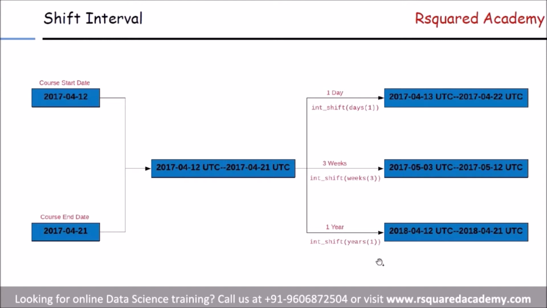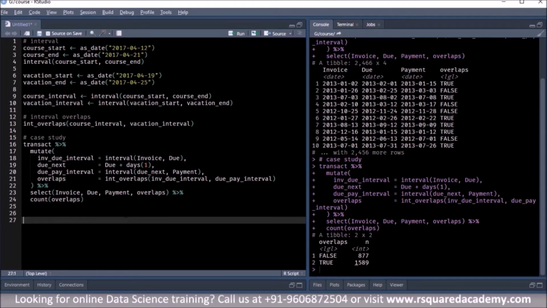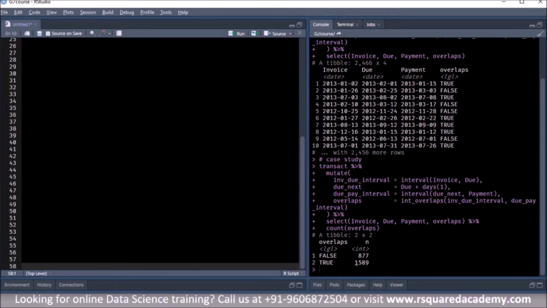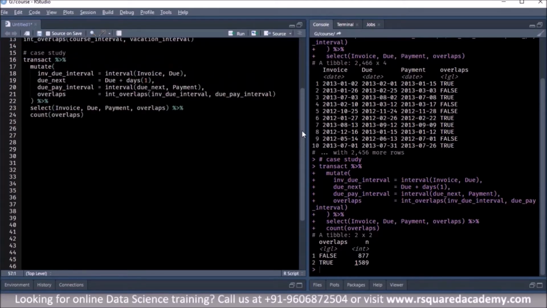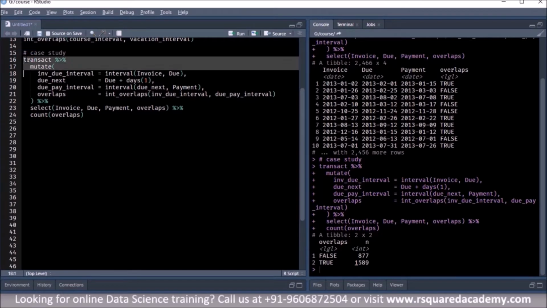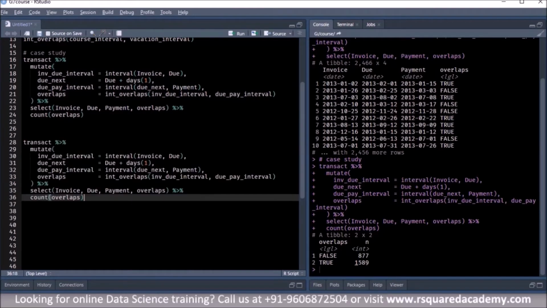Okay, so I'll go back to RStudio and now let us try this approach. This is a slightly different approach so that we can use the int_shift function. Let me copy this. We'll make a few modifications to this code itself.